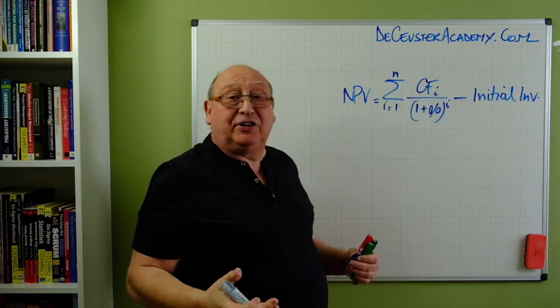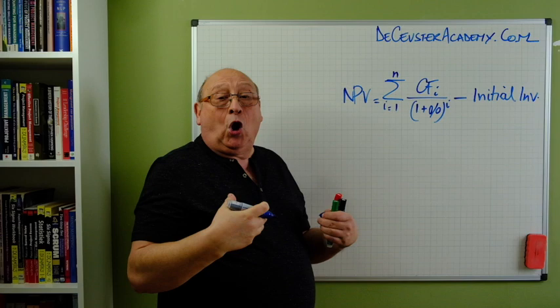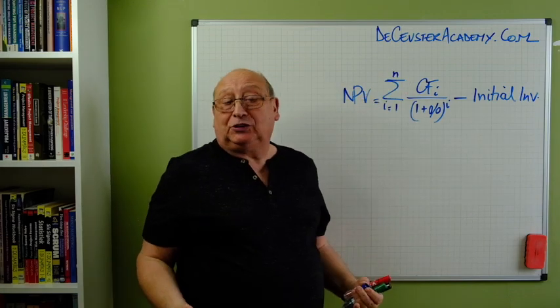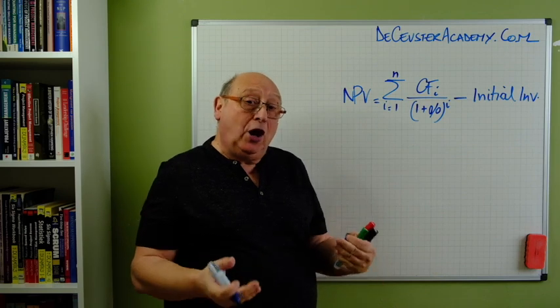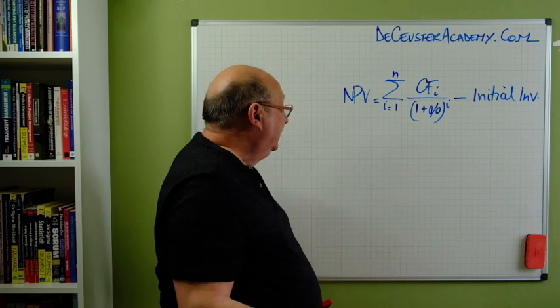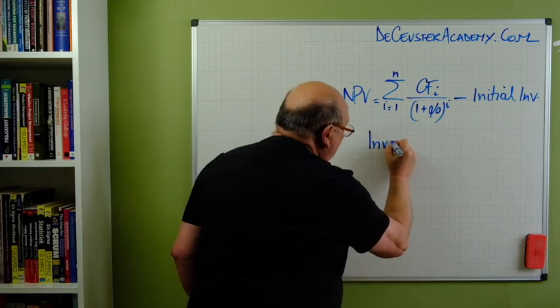We did that in the previous exercise. We only looked at one period, so we had i from 1 to 1, which was a very simple exercise. Now we're going to look at this for two periods, and we have an initial investment